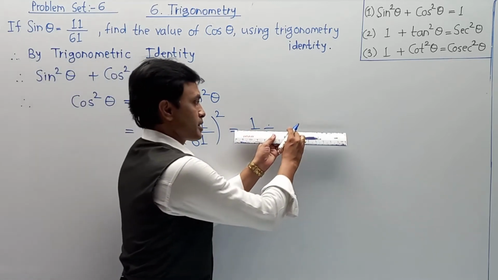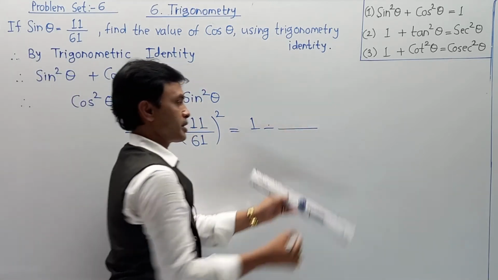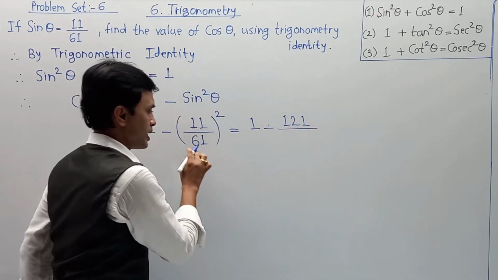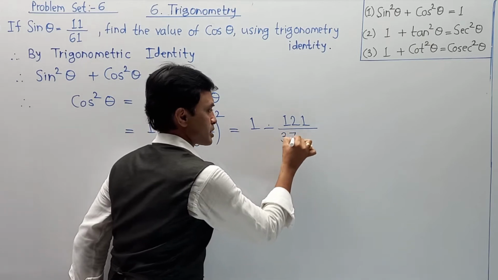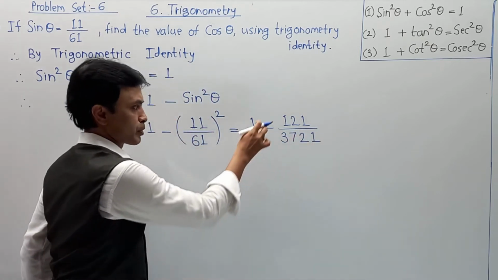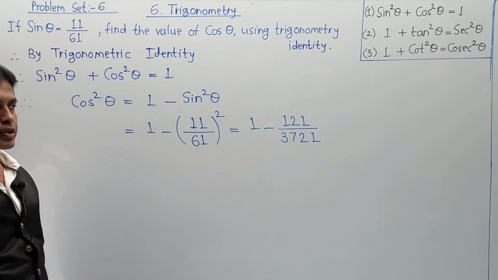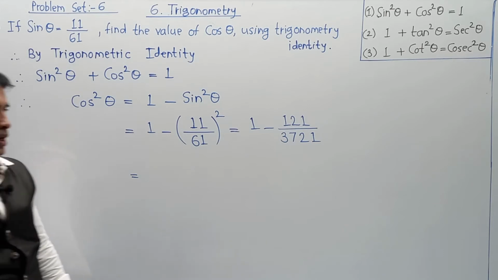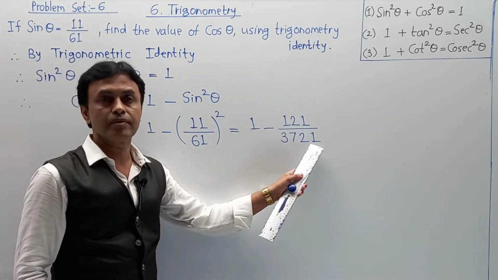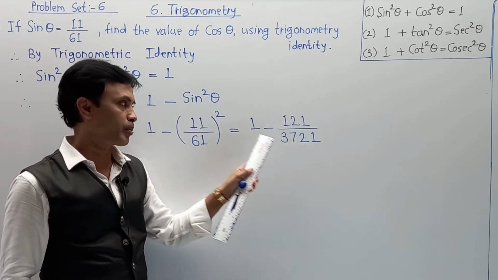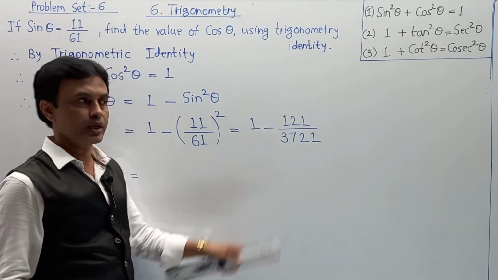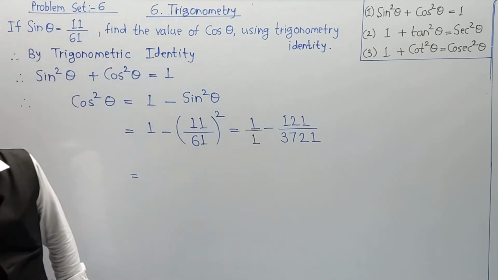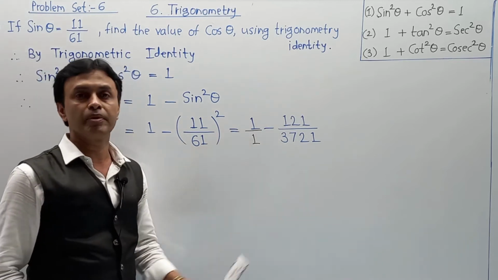Now students, in that case your practice is required. The part is 11 square is 121 and 61 square is 3721. Up to this part, everyone can easily complete the calculation. Now next part, simplification. In this case, you must remember, here 121 upon 3721 is in the form of numerator upon denominator, but 1 is only in the form of numerator. You just simply write 1 as the denominator, which means you can use a common base in the simplification process.